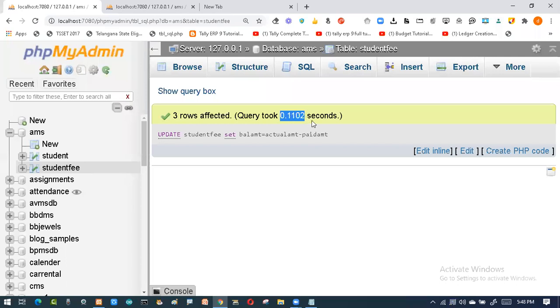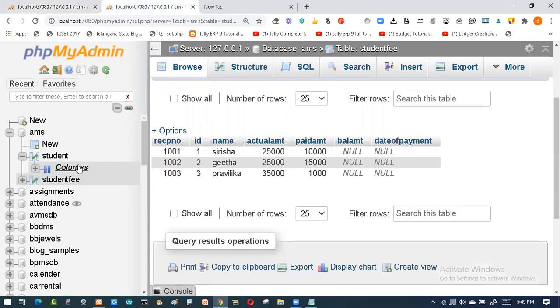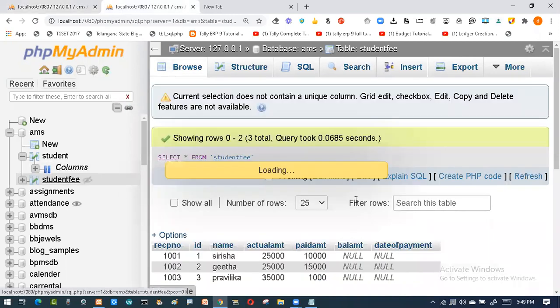0.1102 seconds. So to explain this concept, it took me 1 hour. But if you see the beauty of the software, the database, it took only 0.112 seconds. Now we'll see the output of this. Refresh this one, and you can see the output. Happily, it is calculated for me. See,